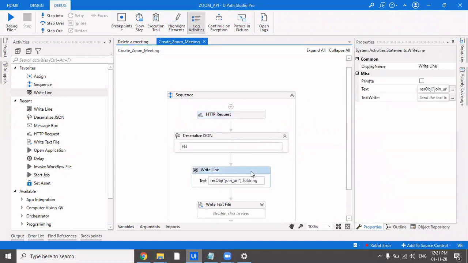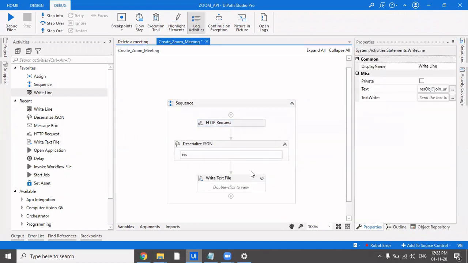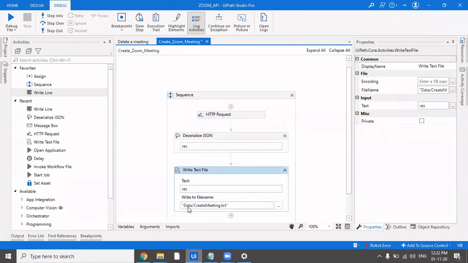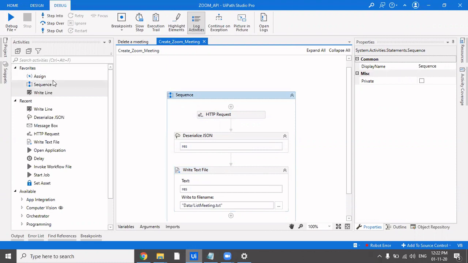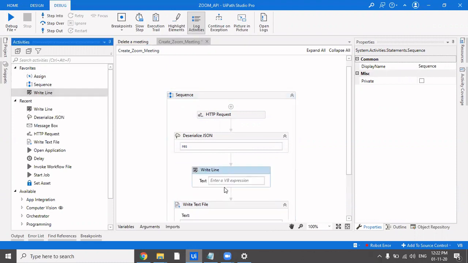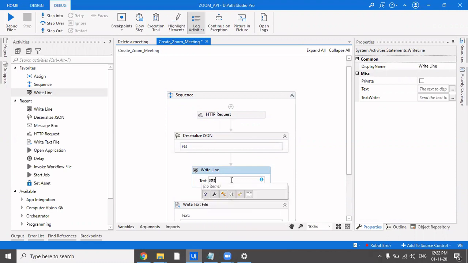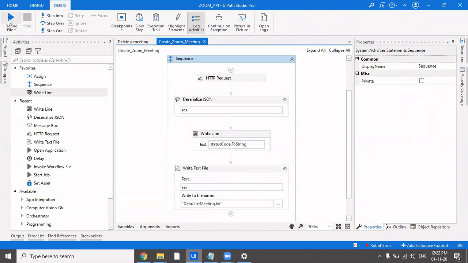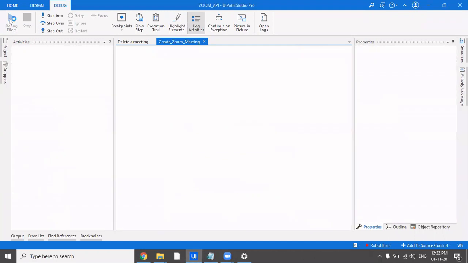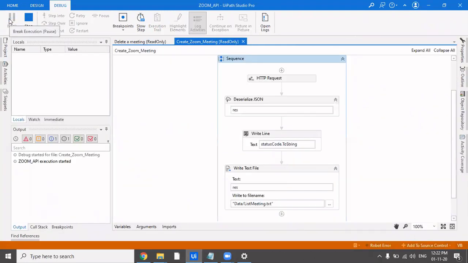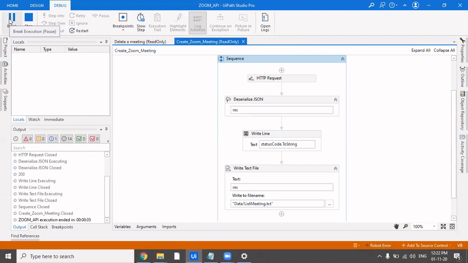And obviously you'll not get any join URL here. So let's just delete this. And instead of create meeting, let us write here list meeting. And we can have a write line to have the status code printed, so that if it doesn't work out, we are aware why it didn't work out. It could be because of the parameters which we didn't pass, because we've just passed, I think, one parameter out of four. Maybe one of those would be mandatory and we've left it in a hurry. But anyway, we'll get to know if that's the case.